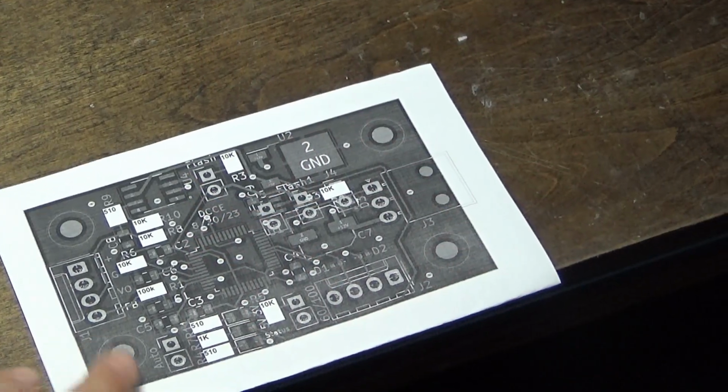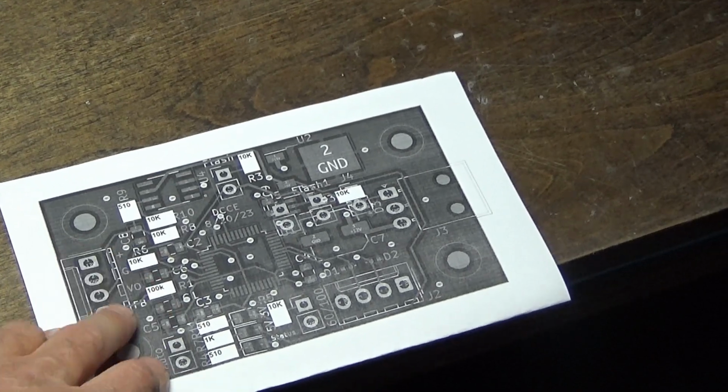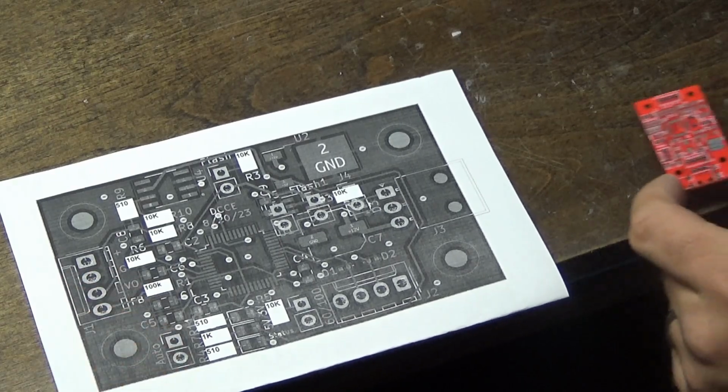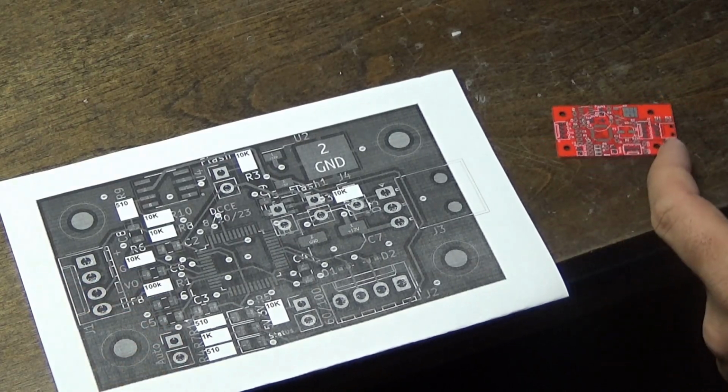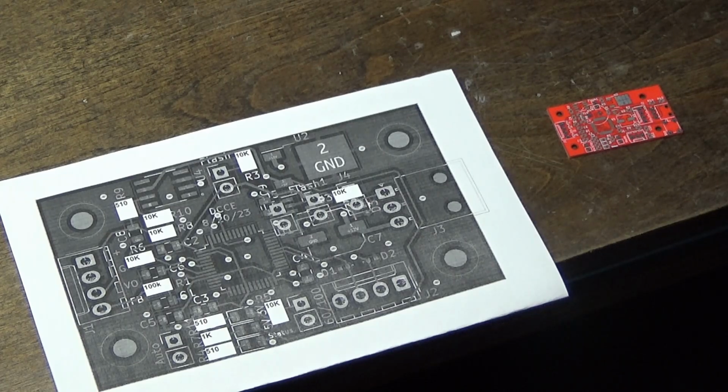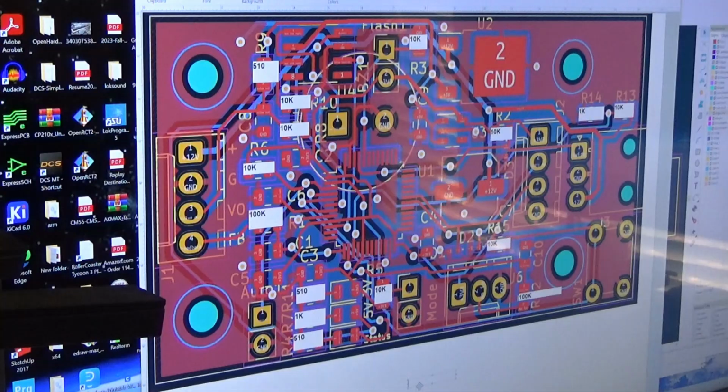Dakota, this is a sample printout that you have, like a cheat sheet of where the components are located. Yes, typically that would match up with my board here. It tells me where my resistors and capacitors go, my small components that are easy to confuse the placement of. So I've written out the numbers of each component so that I know what value to